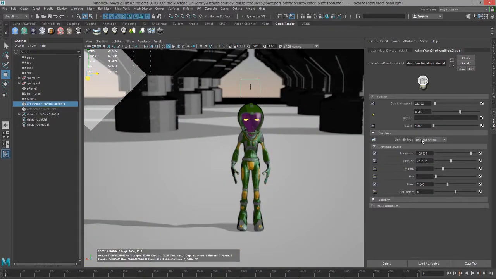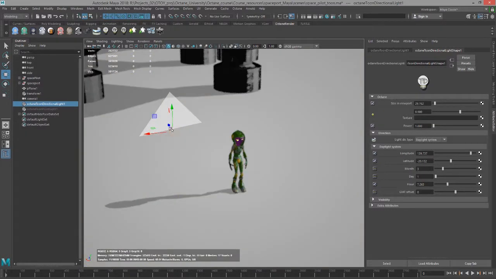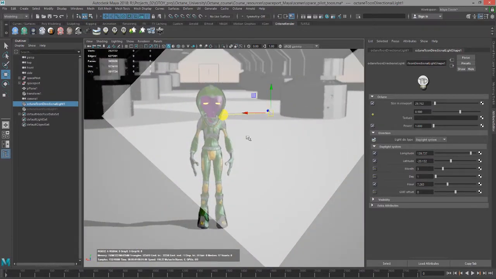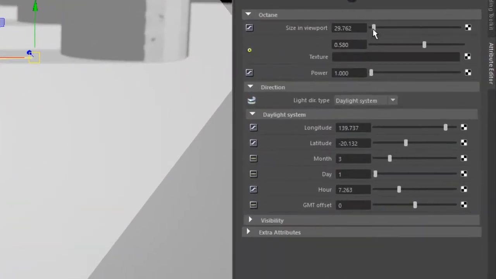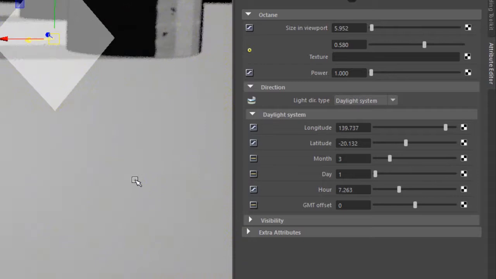And you also have two different modes here. So let's move this over here. You can see the placement of the light doesn't have a whole lot of effect on the shadows, but I have two options here. Let's make the size and viewport just a little bit smaller. That works. So I can set this to daylight system, so it has its own daylight system controls down here,